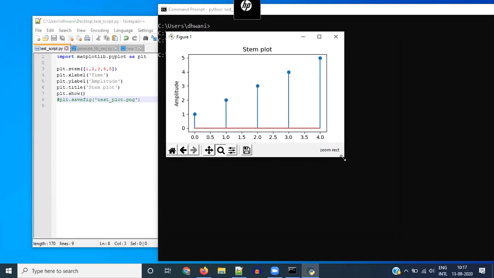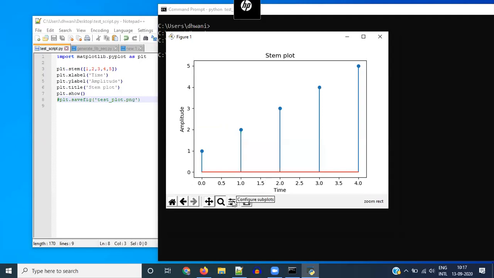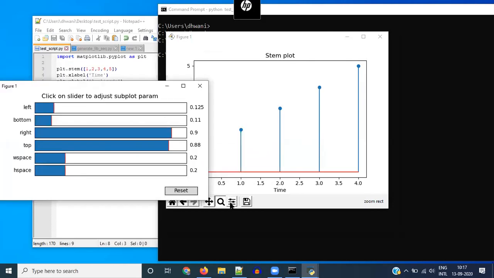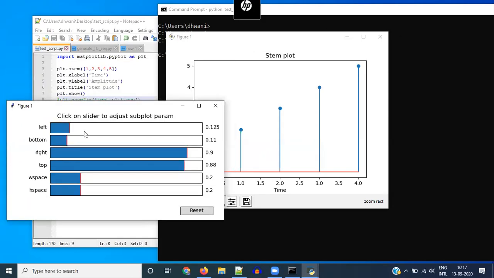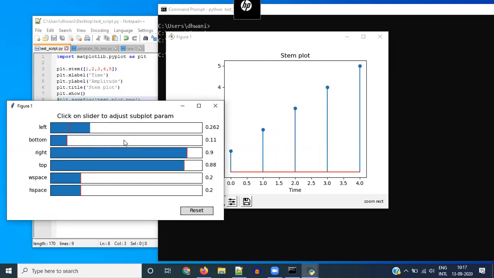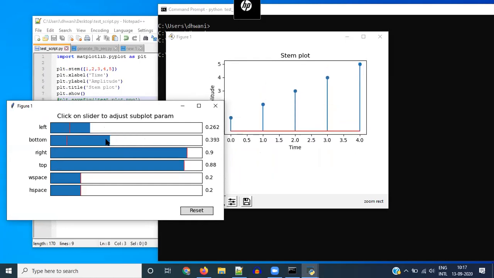That will also reflect in the saved output. But you can also, say you have multiple subplots, then you can click on this slider icon here, and you can adjust the spacing to the left or in the bottom. So you can adjust it to look the way you want it to look.